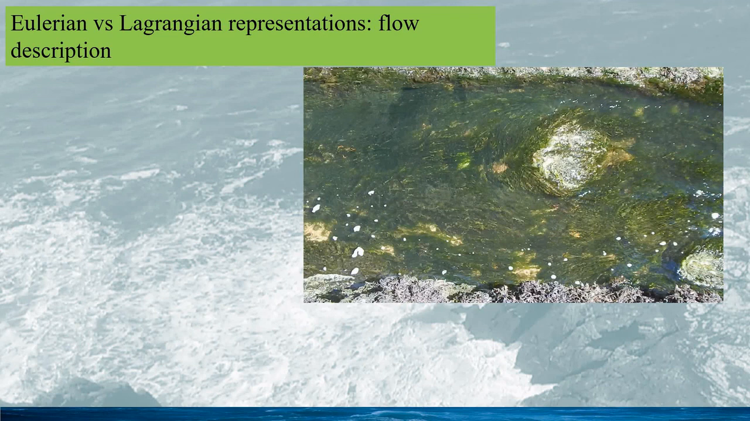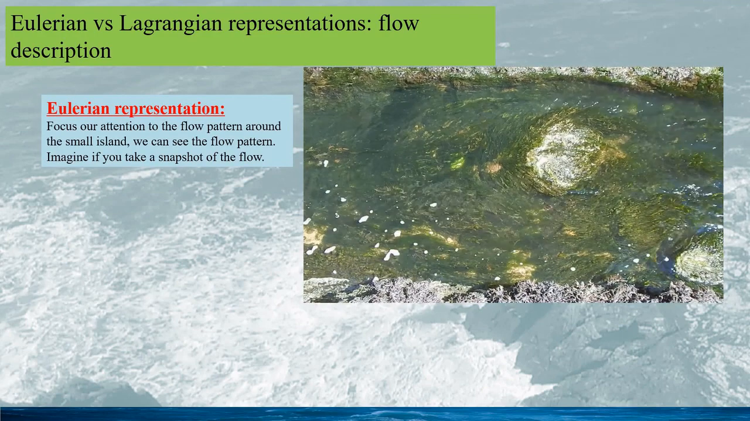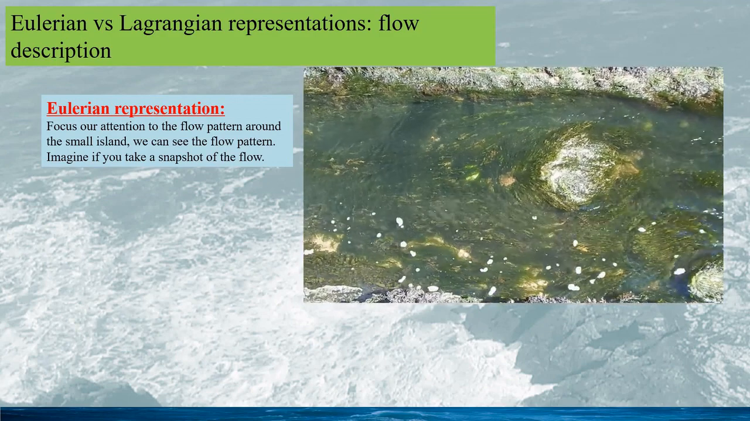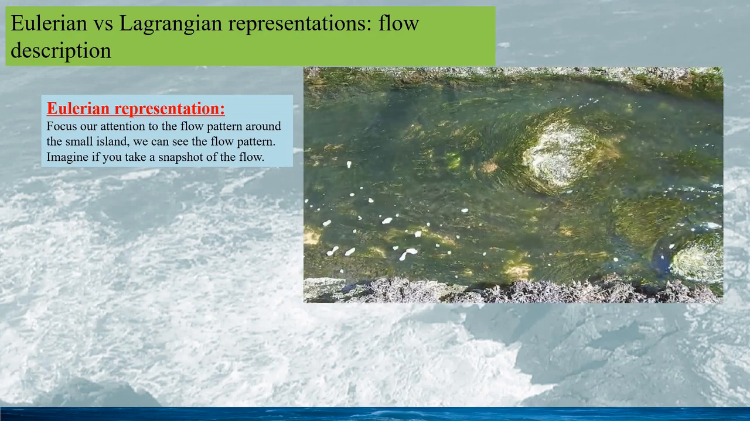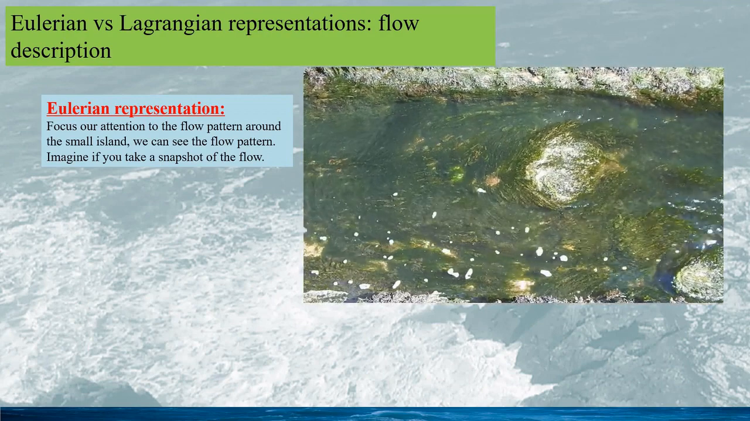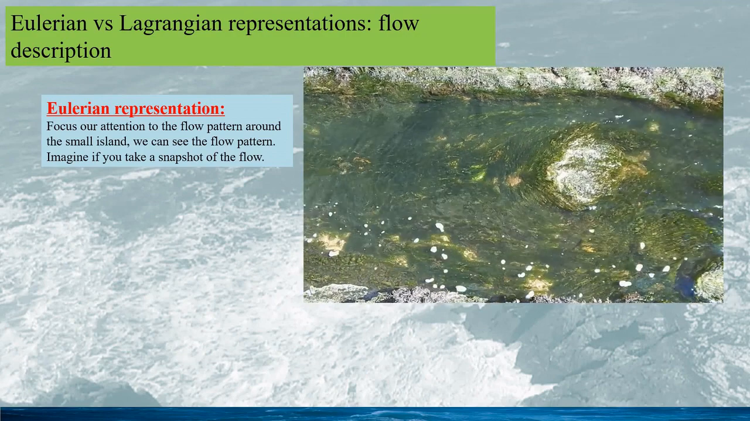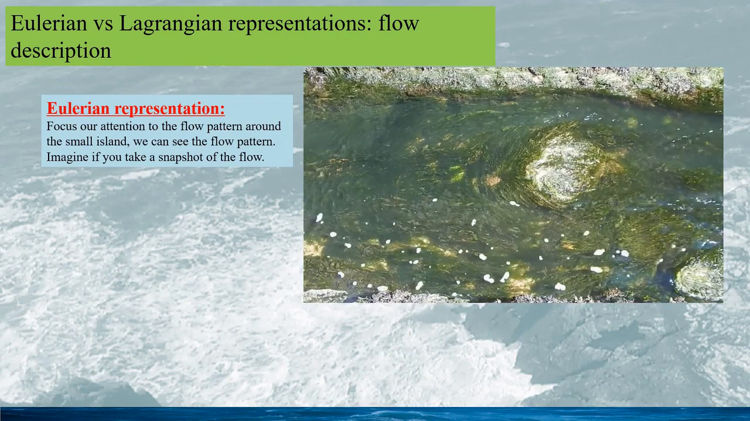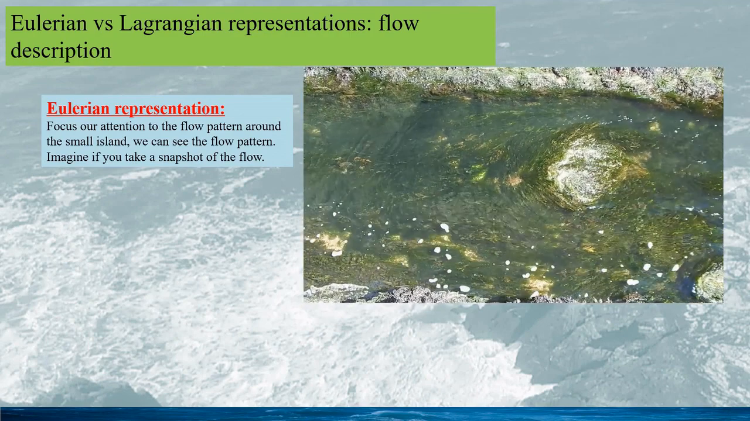In this slide, I will show you the physical meanings of these two fluid motion representations. In the Eulerian representation, we can focus our attention to the fixed positions, such as the flow around the small island in the video. In this particular case, the overall flow pattern are not changing too much with time, especially the upstream of the small island. Imagine we take a snapshot of the flow as we see in the picture, which could be the flow that